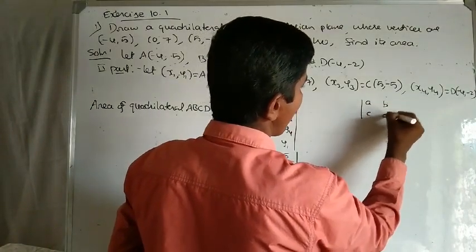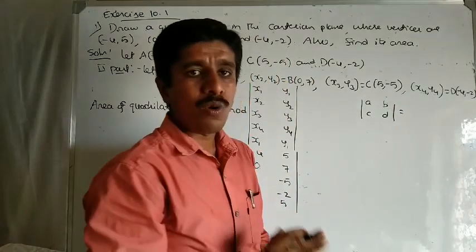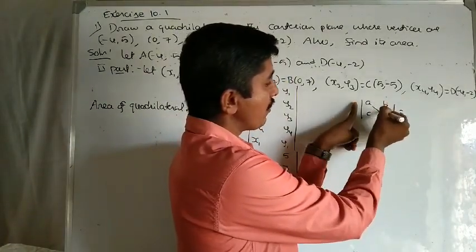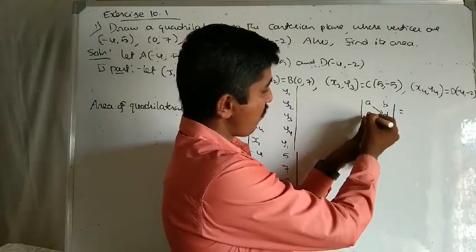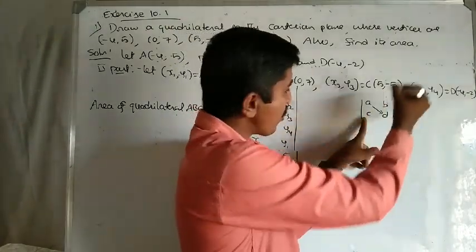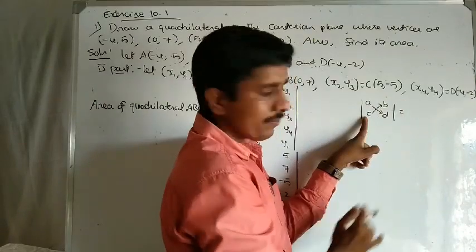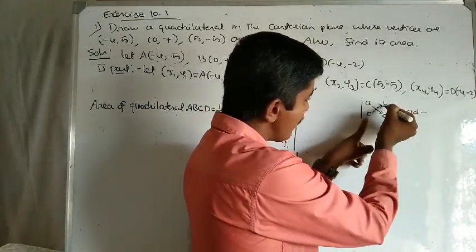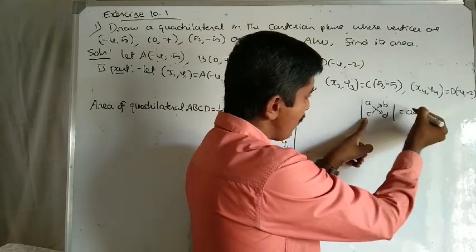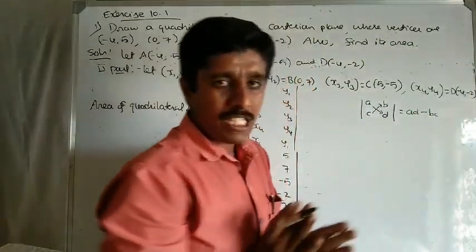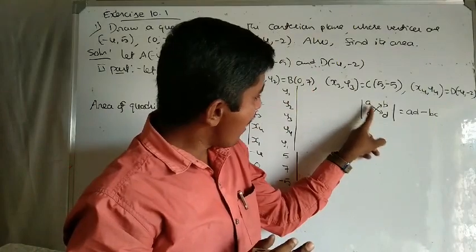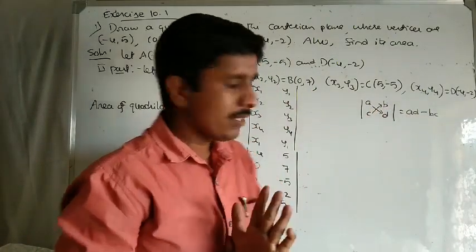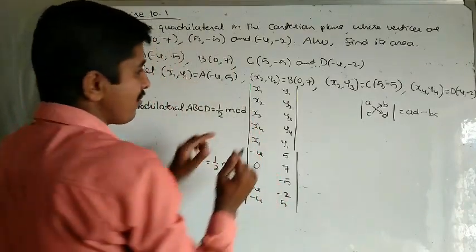Suppose A, B, C, D, if you take, for the time being you can understand how to expand this. From left top to right bottom, A into D, arrow mark. Next from left bottom to right top, C into B, like this. A into D, AD minus B into C, BC. Got it. How to expand this? Very important: AD minus BC. Here first I am giving arrow marks.